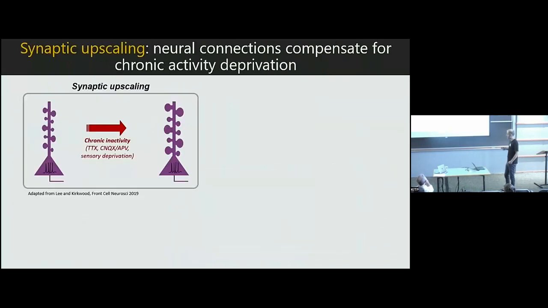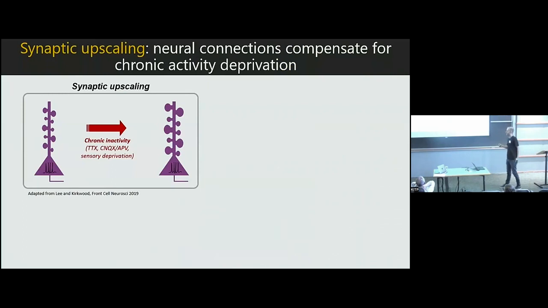So what is homeostatic plasticity? It's a type of plasticity in which neurons compensate for chronic inactivity by increasing the strength of their synapses and by increasing the size of their synapses as a way to maintain or to restore a normal spiking rate. So here the parameter that is sensed is the firing rate. And this was first described by the groups of Gina Turrigiano and Enrique Gagné in the late 90s using cultured neurons and pharmacological blockade of activity, such as TTX or CNQX and AP5, to block action potentials and glutamate receptors.